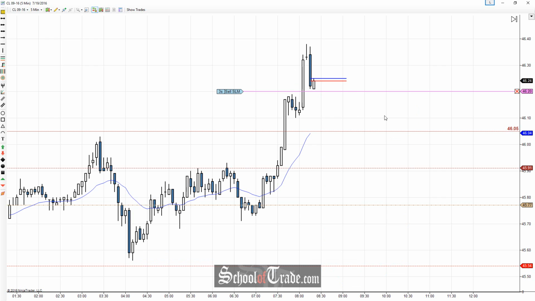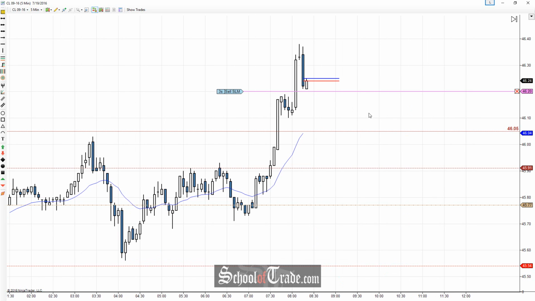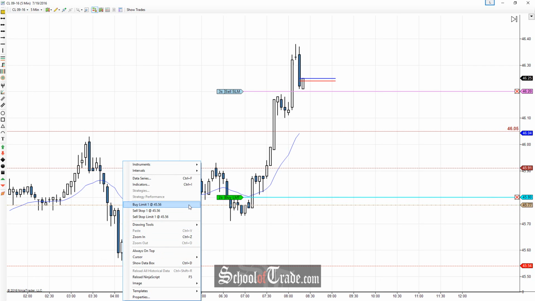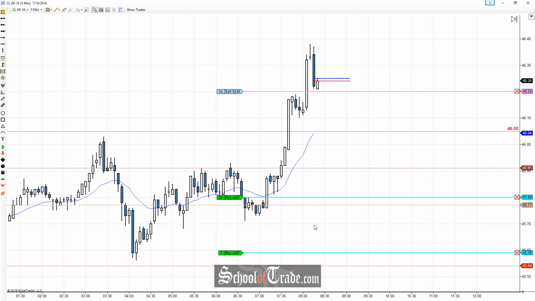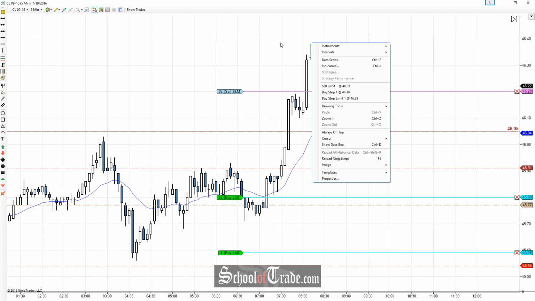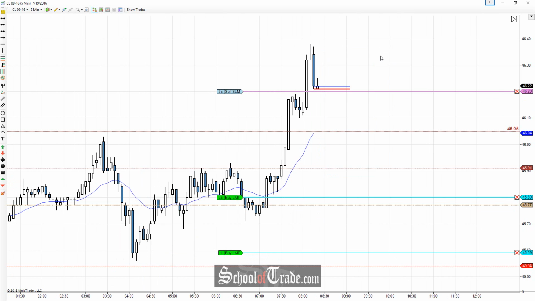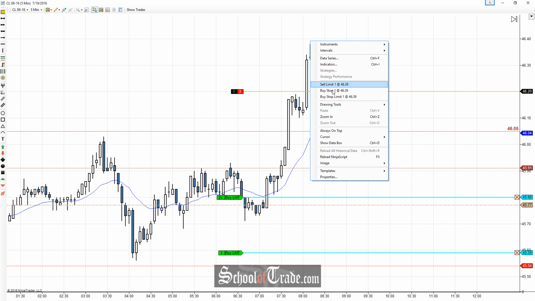So a short here at 46.20, the first objective, we have to be paying attention to the fact that we do have a weekly support level here at 45.77. So I do want to take some profit off at that level, but I am going to be holding out for the final objective down to the lows here, 56. We're going to go ahead of that to 59, and that's going to be the final objective towards the downside. Now, once we can get triggered in here at 46.20, the stop will go above the highs here, so the stop will be placed at around 39, and that's just, it kind of becomes a waiting game. Then we're just waiting to see if the sellers can get in and drive this market.